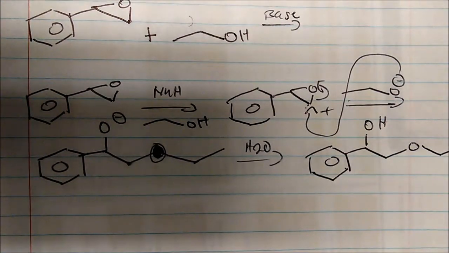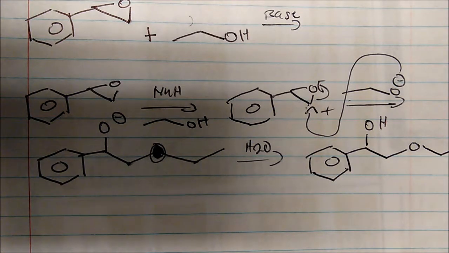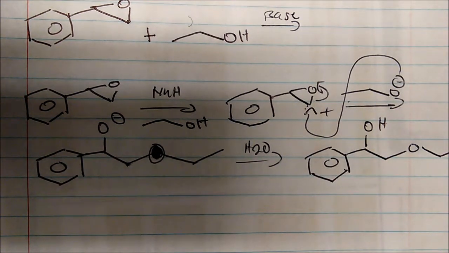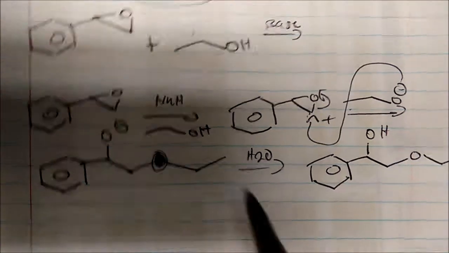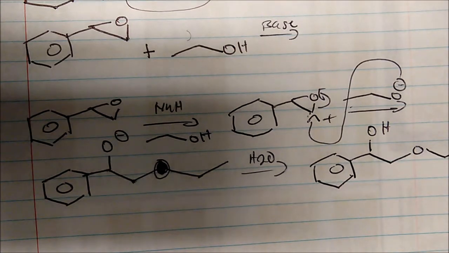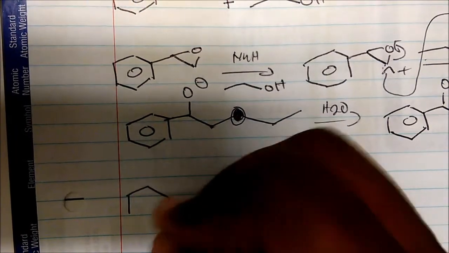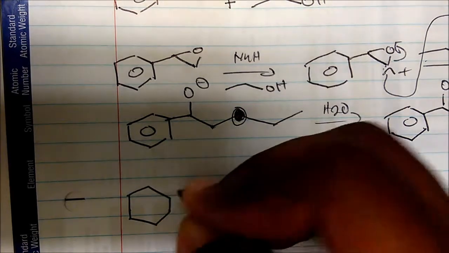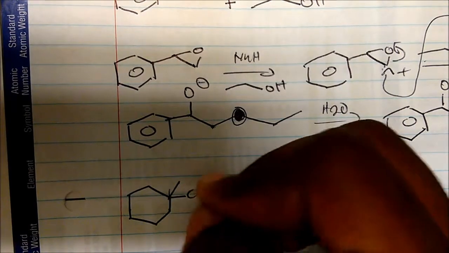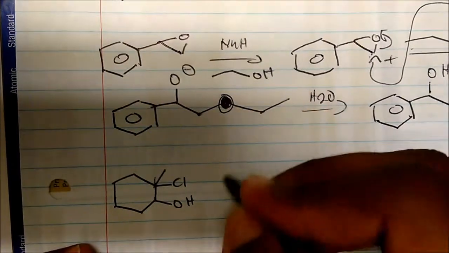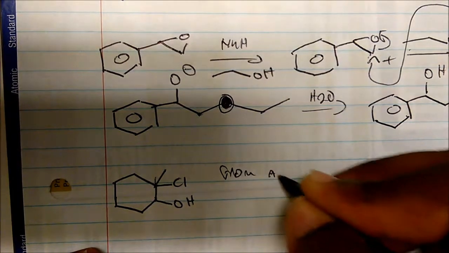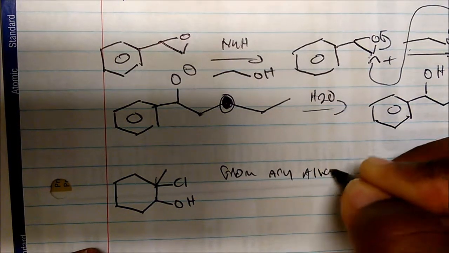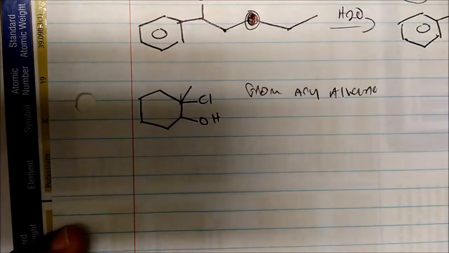So again, notice the difference. Anytime we're in basic conditions, look at where your nucleophile is. You have to look at where your nucleophile is attacking to decide whether this is in basic or acidic conditions. Now let's make this. What if we were given instructions on the exam to make this from any alkene? Immediately I'm thinking about